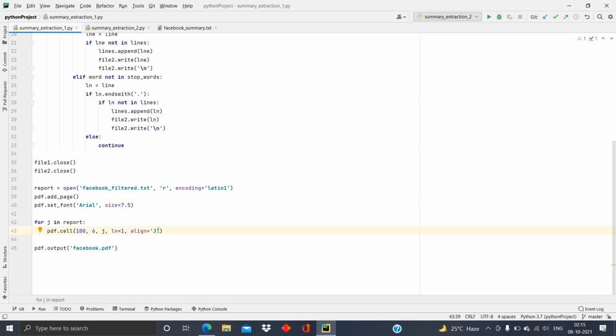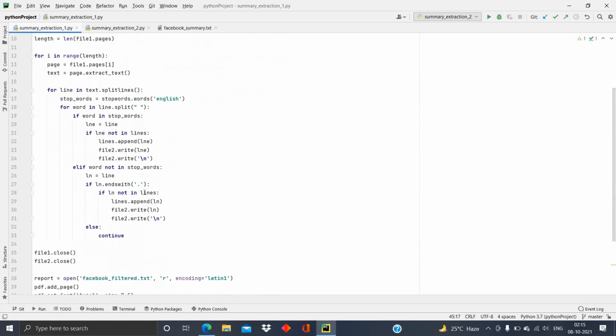Justification is adjusting the text according to the PDF page. And finally I am going to save this entire PDF using the function output with the name facebook.pdf.